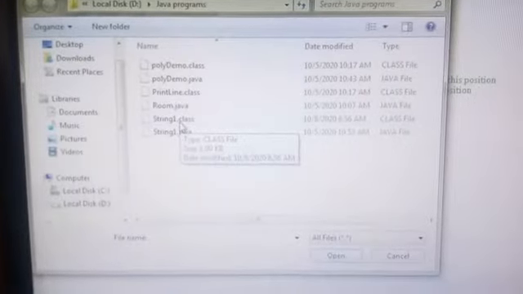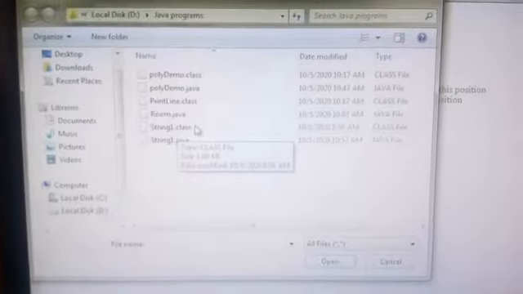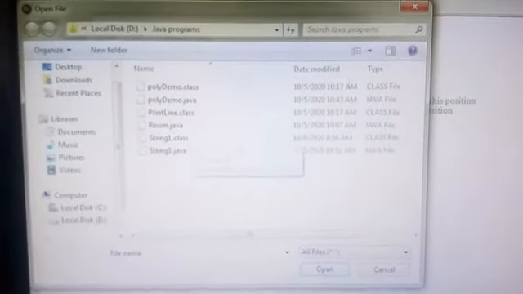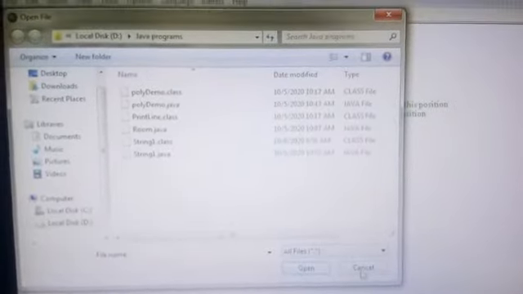This file is known as byte code. It is a binary file, and its extension is .class. When my interpreter is going to run this program, it would use this class file, not my source file. So now I am going to run my program.